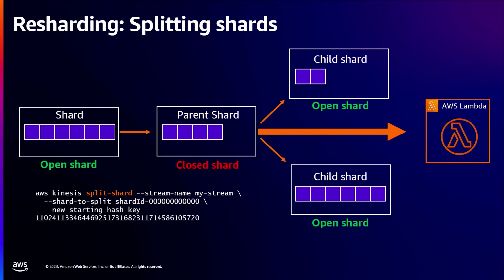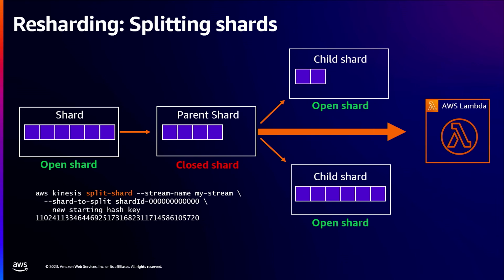So resharding in the Kinesis world also allows you to increase or decrease the number of shards in a stream to adapt to changes in your streaming data. So you can then decide where you want to split an existing stream, and then you're going to create 2 new child streams that split the partition keys of the parent shard. And the parent shard is still available, but then enters into this closed state.